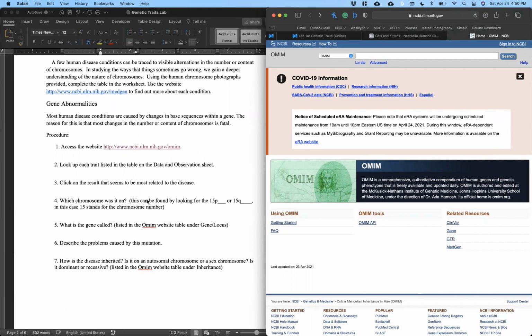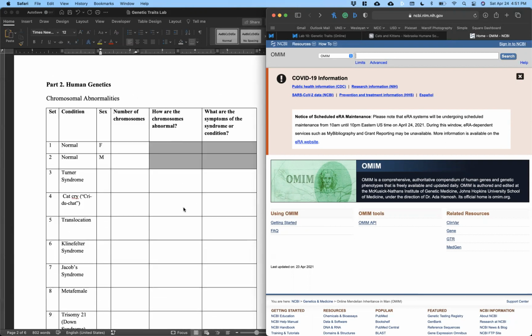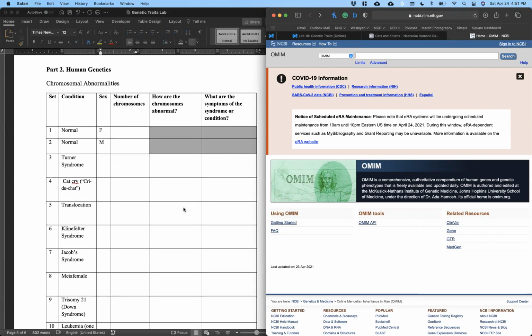So which chromosome is it on? They will probably just list out the chromosome that it's on, and then what is the gene called. Hopefully you can find all of these things pretty easily, but I'll go through an example on here. So here is your table that you're going to use to fill this out. So if I just look up